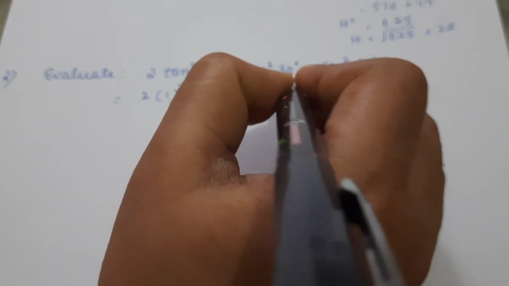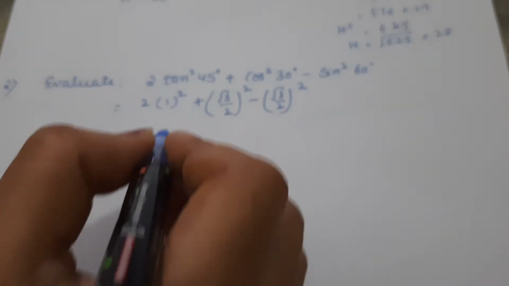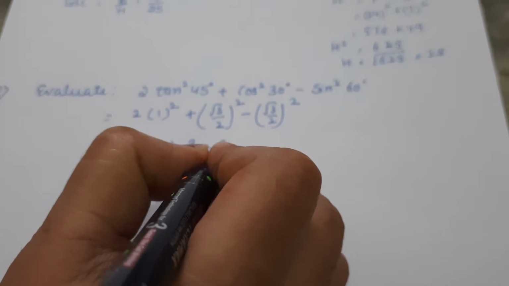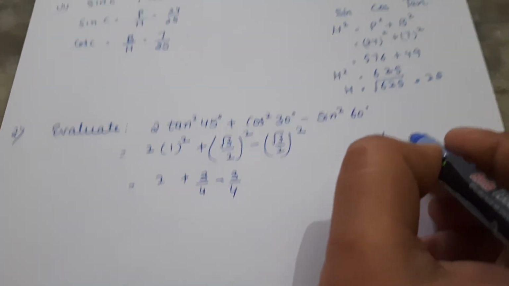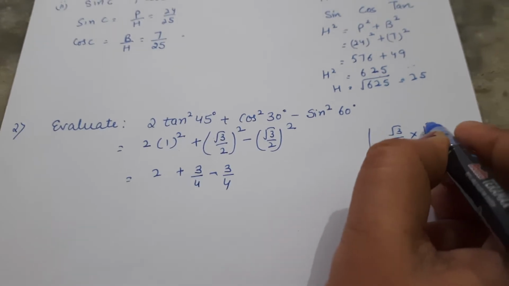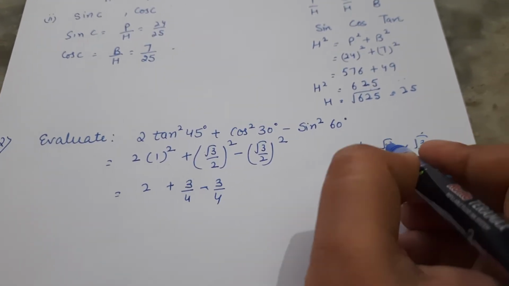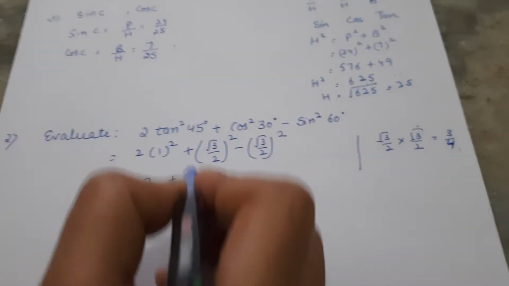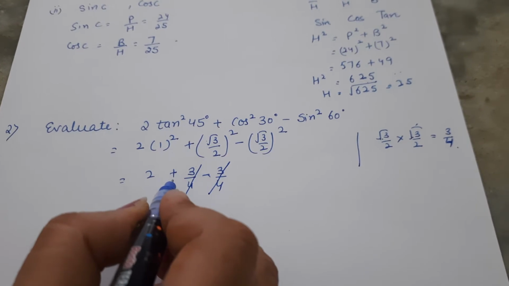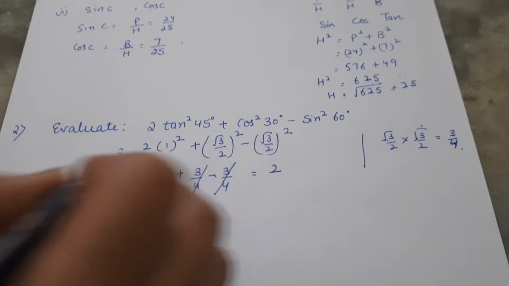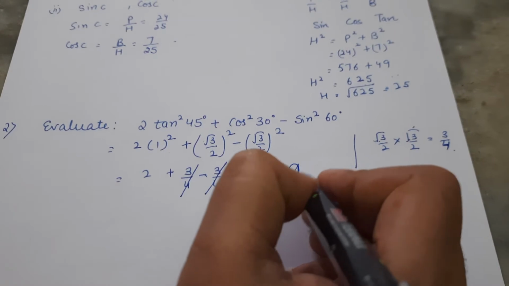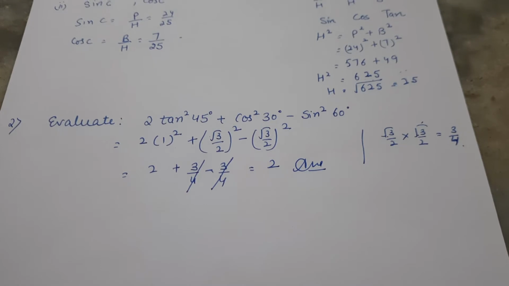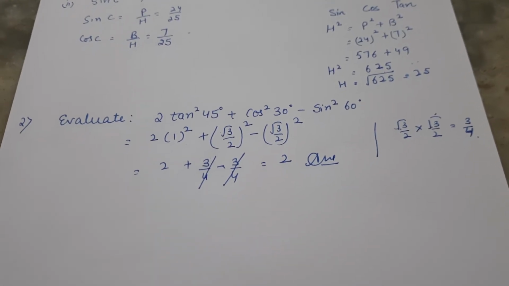Similarly, sine 60 square. So you can see 1 plus 3 by 4 minus 3 by 4. As you know, under root 3 by 2 squared means we write it twice, and when we multiply the same value in root, we get a single value. So this 3 by 4 and this 3 by 4 will be cut because one is positive and one is negative, and the answer will be 1. So this is the required answer. For any question like this, even in any other form, you have to put the values of the given angles and you can easily find it.